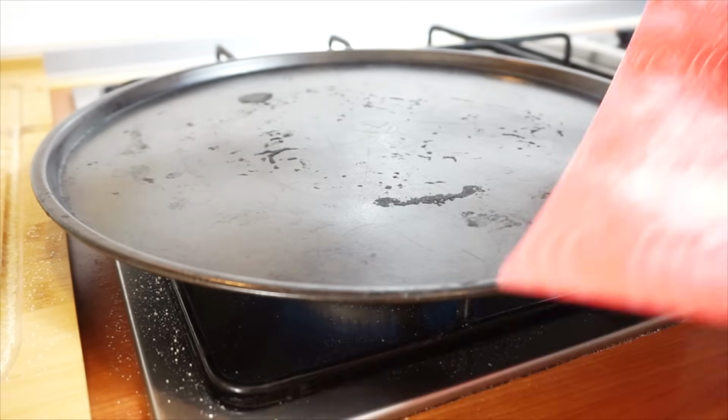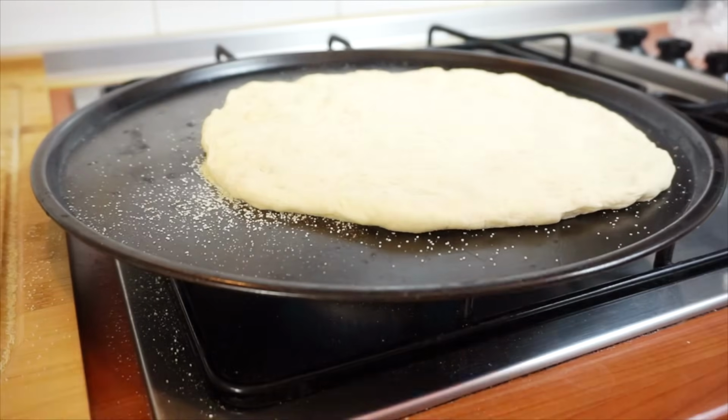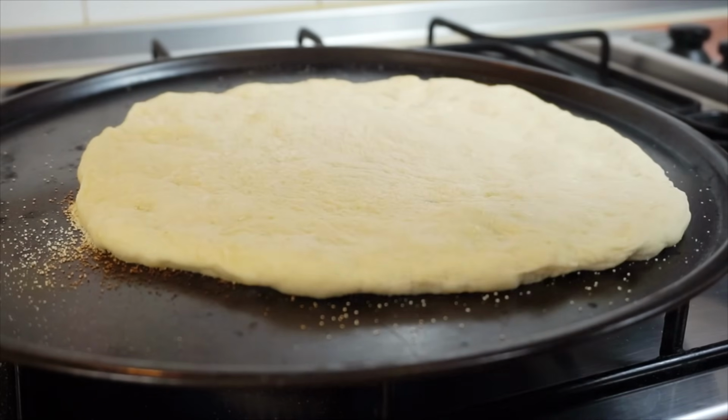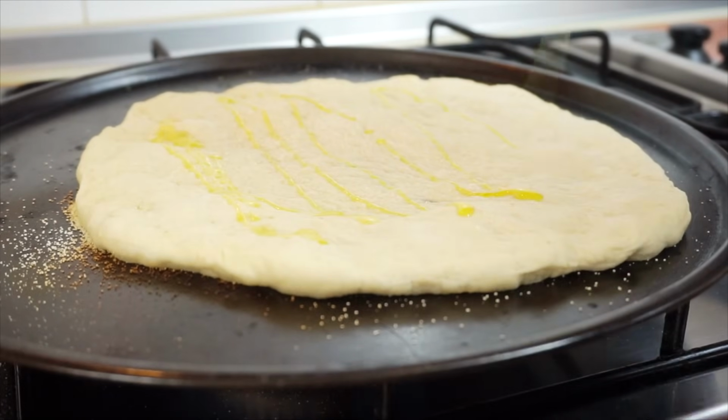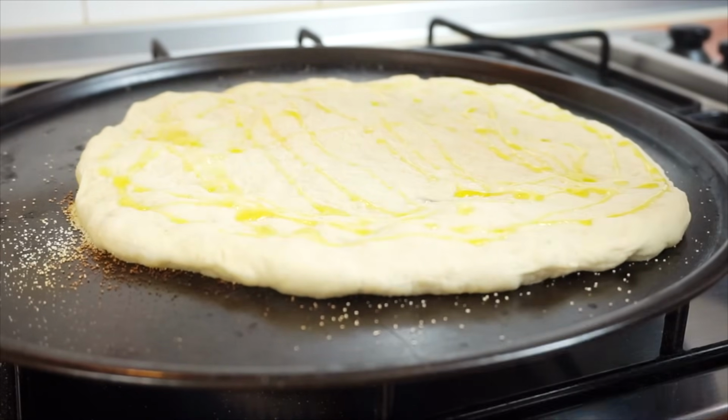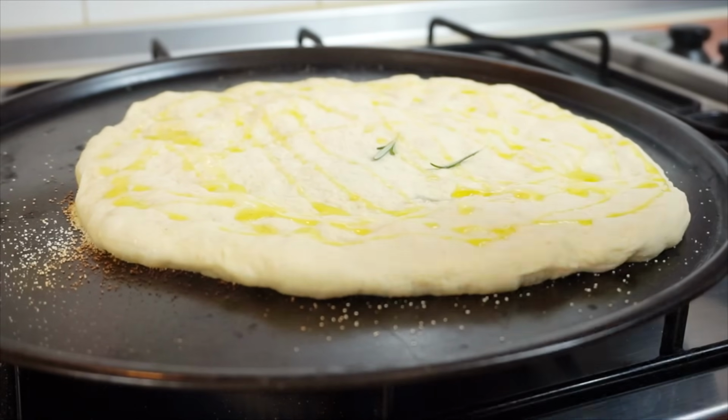Now, if you're using a cast iron skillet or a pizza stone, obviously you're going to skip this step. However, since I am using a simple baking sheet, to prevent the temperature from dropping, I am going to put it over a flame. All I did was just slide my pizza on there,